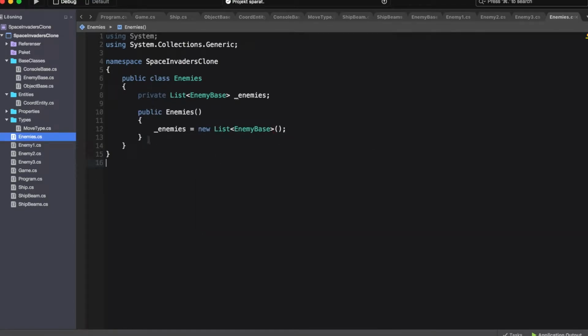The list consists of enemy base objects, which will be enemy 1, 2, and 3 objects. In the constructor, we make an instance of the enemies, and then we create a plot function. Let's also create a private add enemies method. We call the add enemies from the constructor,